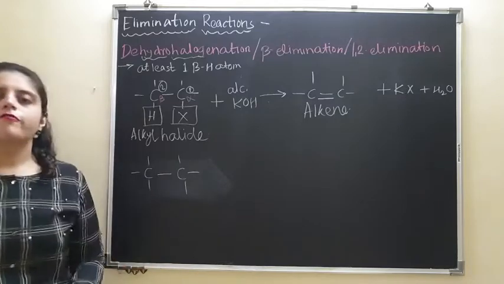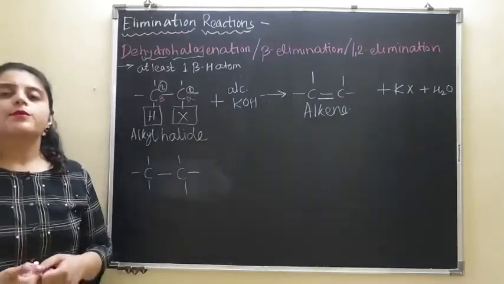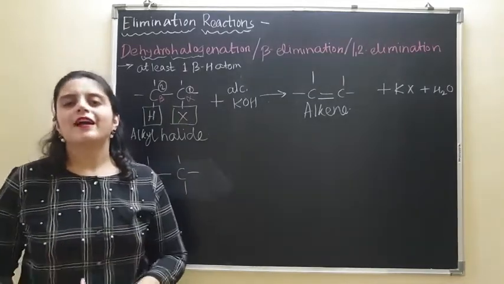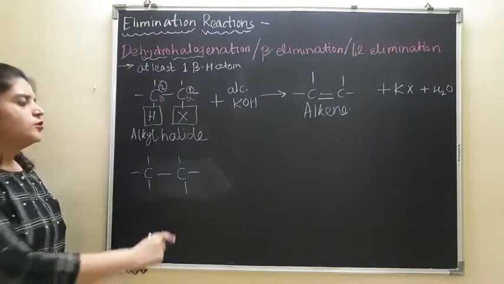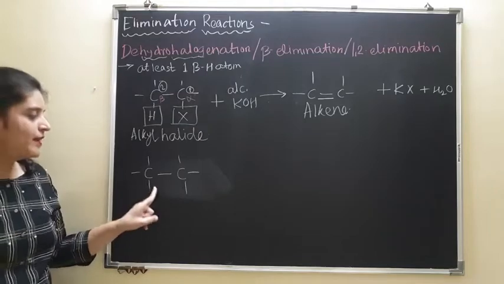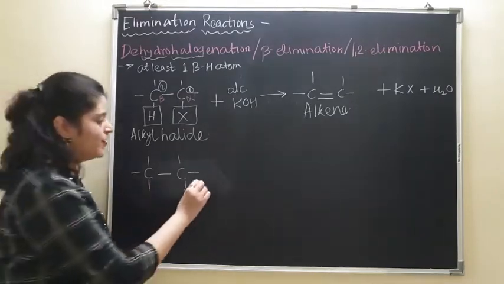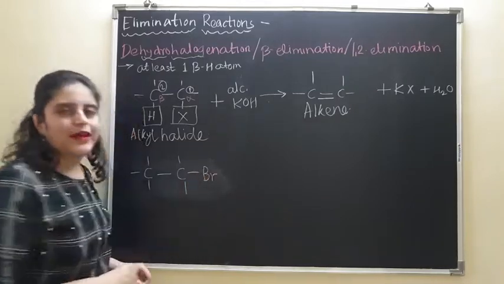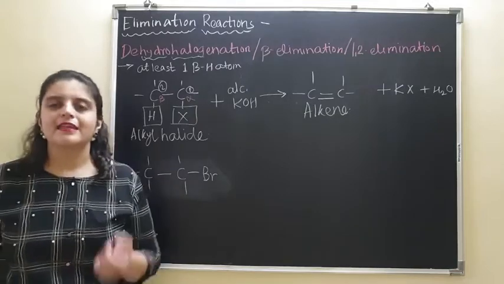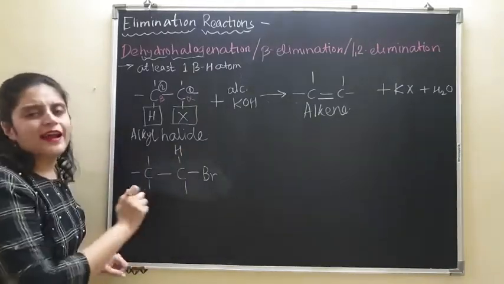Then we will draw 4 bonds around each carbon atom. Now we are talking about bromoethane. So out of the 2 carbon atoms, one of the carbon atoms should have bromine. So I am writing bromine over here. It is absolutely okay if you write bromine on this carbon, but right now I am writing bromine on this carbon over here. Now what about other valencies? All other valencies will be fulfilled by hydrogen. So we will write hydrogen everywhere,